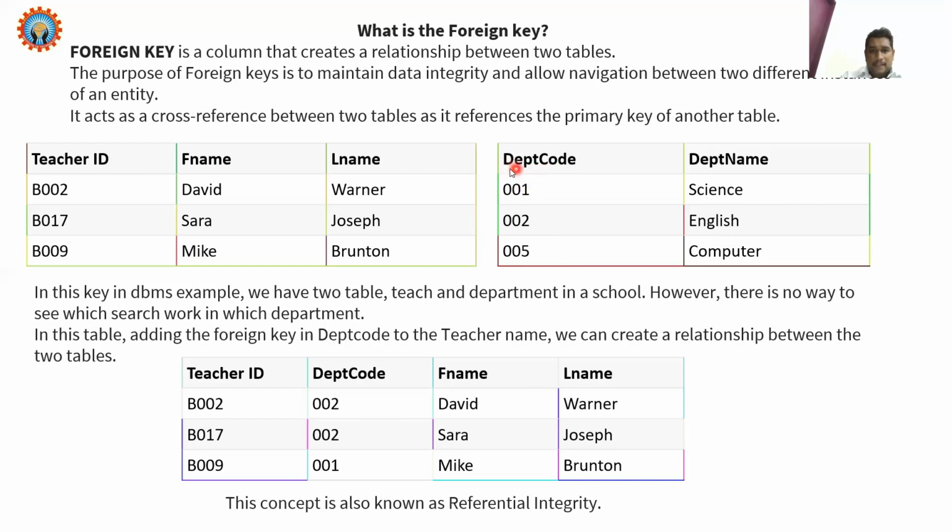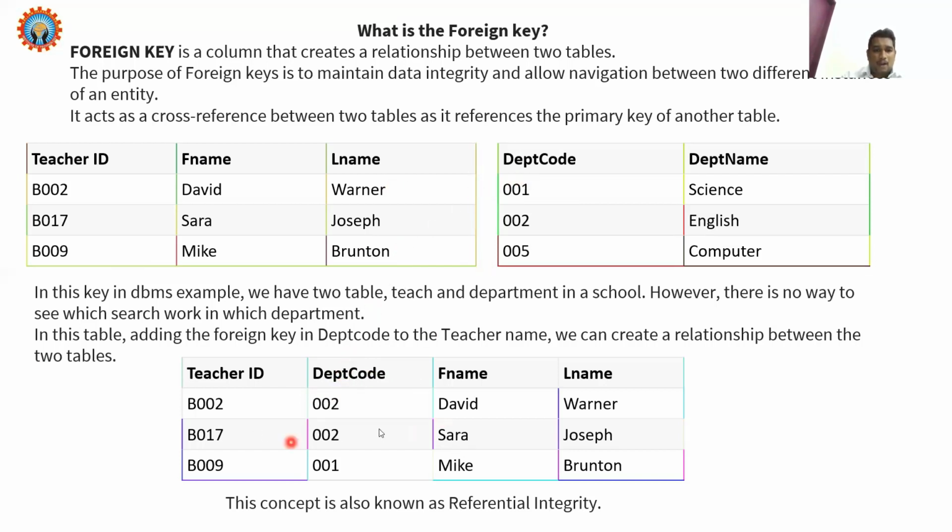Whatever primary key attribute is available in the master relation appears in the child relation, where it acts as a foreign key constraint. So based upon the primary key attribute, this is a referenced constraint, and based on the referential constraint you are accessing the information.